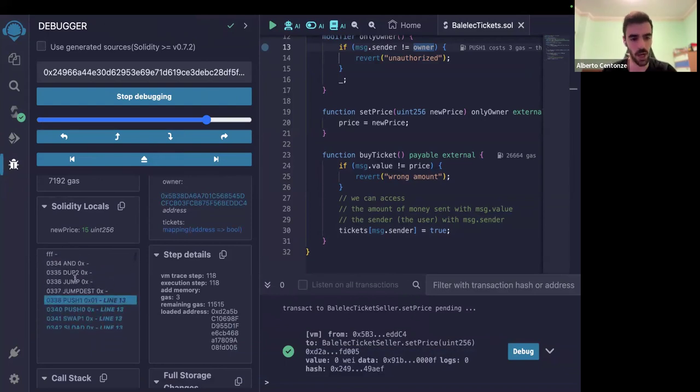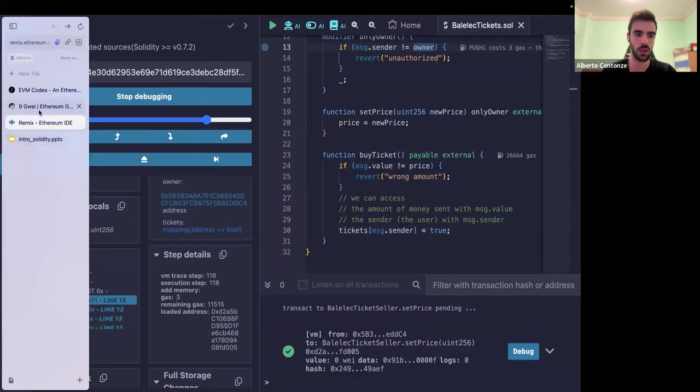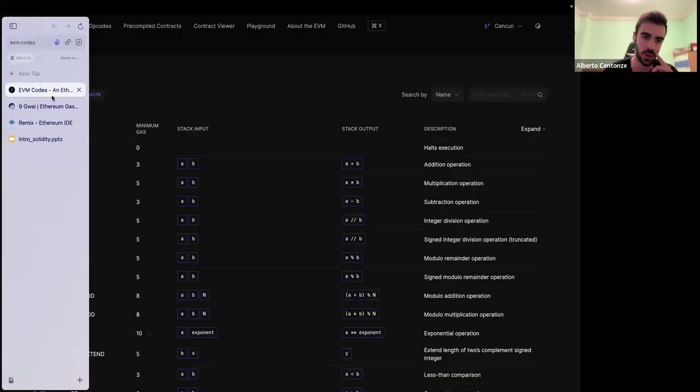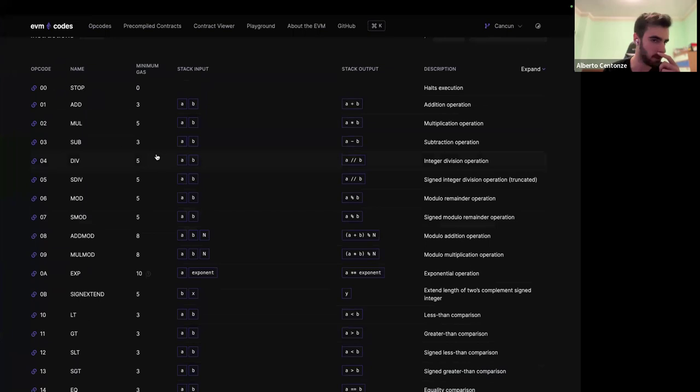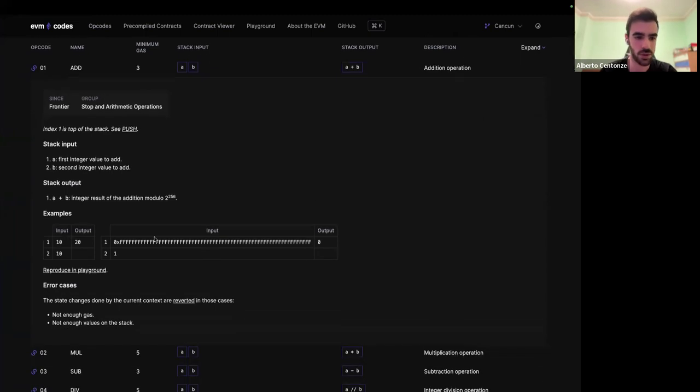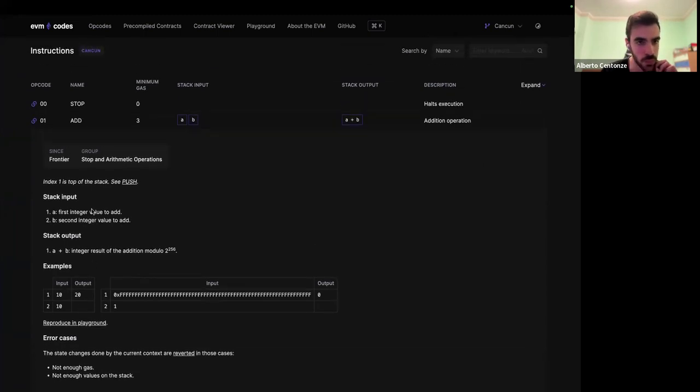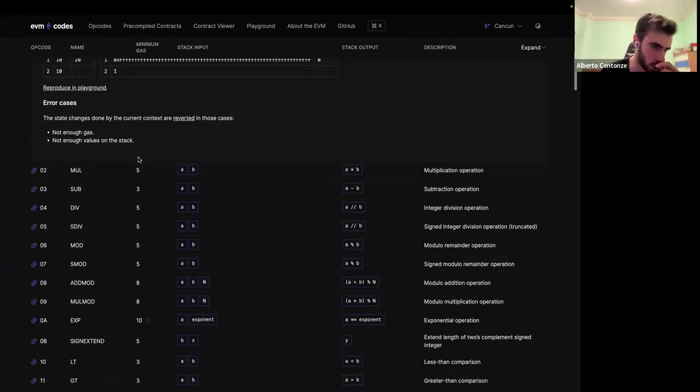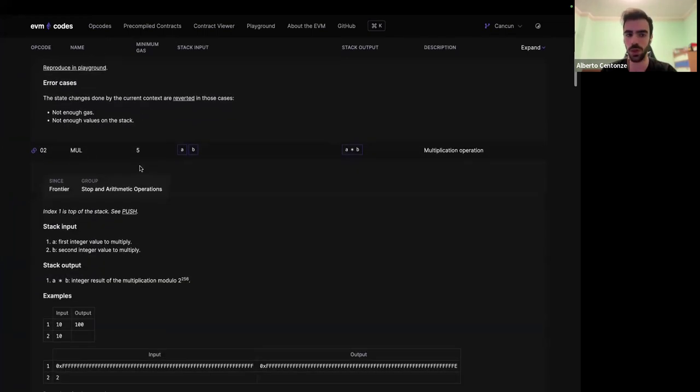Every single opcode has its own cost. How do you know how much everything costs? Let's pick, for example, the addition operation. You can see we have a minimum gas cost of 3. Other operations, like multiplication, are more complicated, so they cost more. To compute the cost, you go through all the opcodes we executed and just sum them. This is the part that contributes to the actual computational cost.